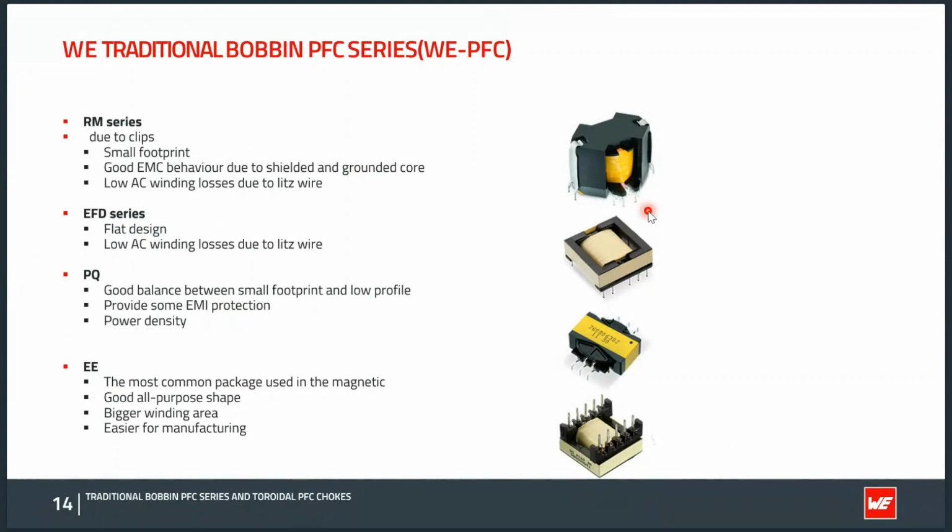And then if we are going to be using EFD, it will be more into a flat design where we have applications with a low-profile requirement. And also when we want to have low AC losses, they also use the benefit of the Litz wire. And when we have a PQ package, one of the main attributes is the power density, and it also